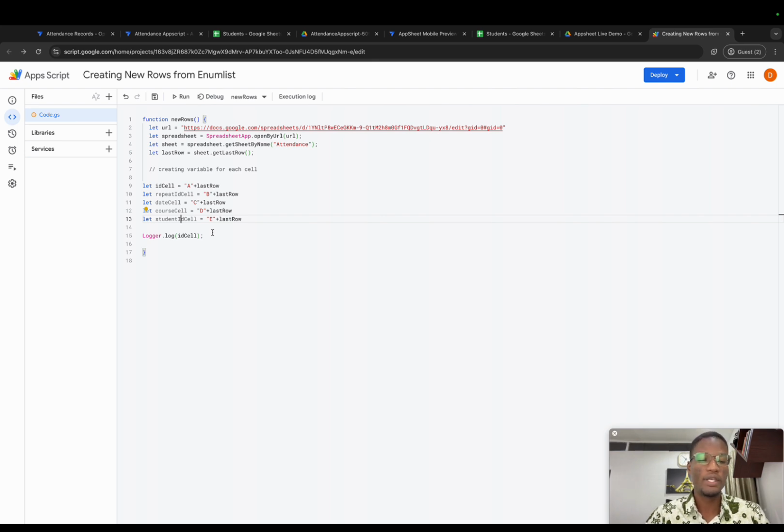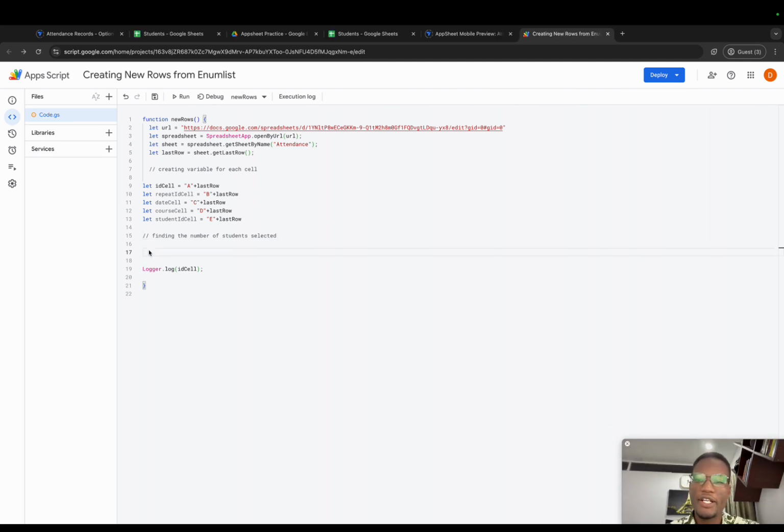Now what we're going to do is we need to know how many students were selected at every point in time. So I'm going to create another comment that says finding the number of students selected. All right, so we're going to go ahead and create a variable that calculates the number of students that have been selected in the Enumlist. So I'm going to use let, and I'll say selectedStudents